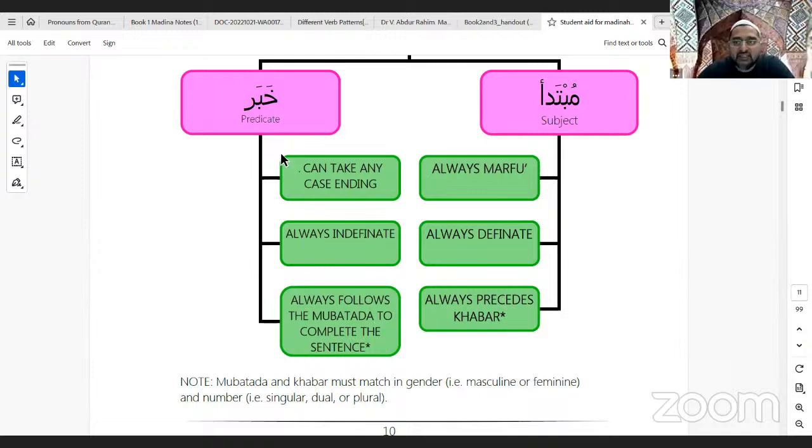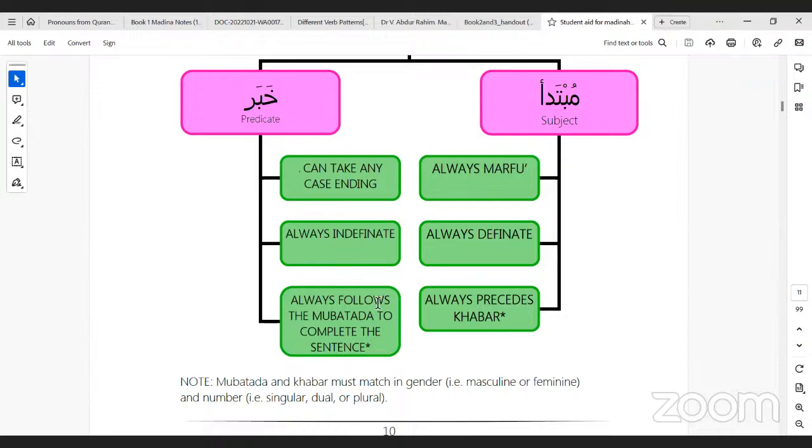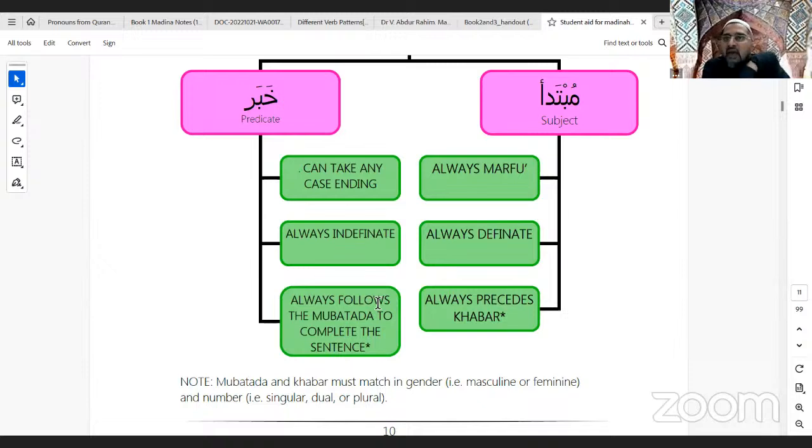Exactly. So phrases don't complete sentences. Phrases, when they join with a subject, complete sentences. Is that clear? Yes. So, for example, on the table, if I say on the table, it makes no sense. If I say the book is on the table, it's a complete sentence. But on the table, below the table, in the mosque, they're phrases. They're incomplete sentences. But when you say I am in the mosque, or the book is in the mosque, or the imam is in the mosque, then it's a complete sentence.